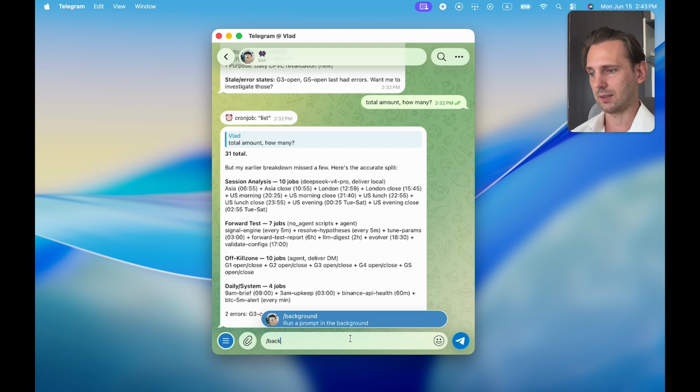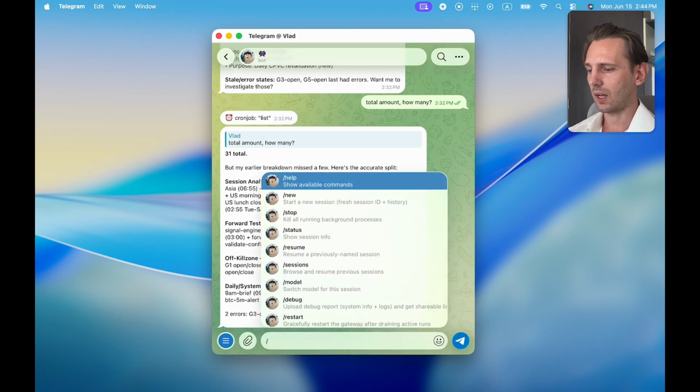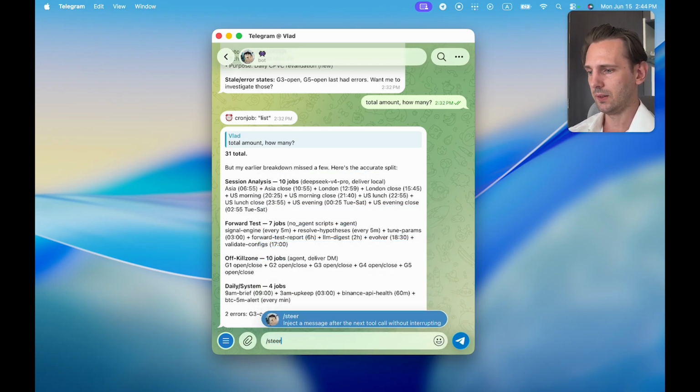Keep in mind on this, this is just a command. Then I often do the steer. This is very useful. The queue I don't usually use often because, as far as I understood, it queues every next message that you throw in the chat anyway. So there's not much point of the command if it runs by default already,